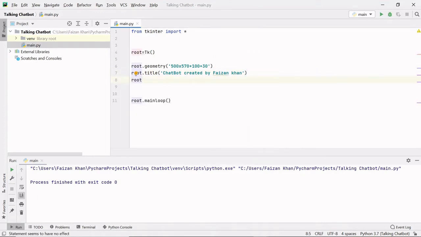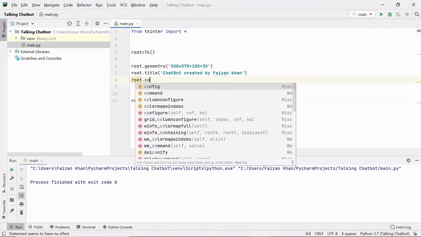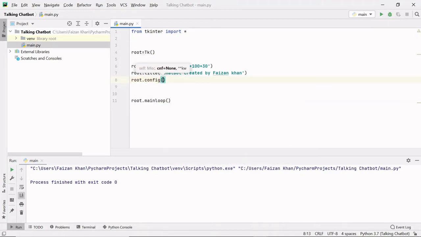So again, I'll write the root.config method. This config method is used to add a background color to our window. Here I'll write bg for background. This is a keyword argument, and to this keyword argument I will be providing a value which will be a color name. The color name that I'm going to give is deep pink.